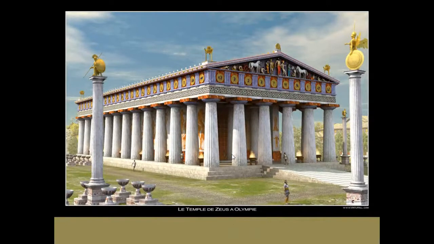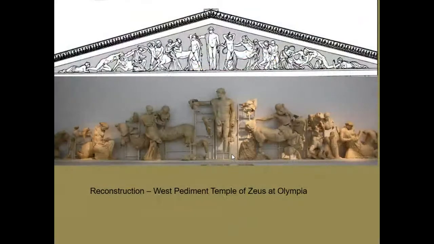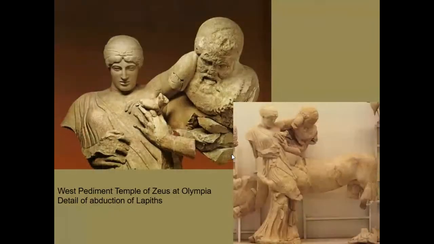You do get a sense of loss, I think, when you see recreations of what these temples should have looked like with their full painting and with gold decoration as well. So the reconstruction drawing gives you a sense of what's missing from what we just looked at, the image of Apollo witnessing the attack between the Lapiths and Centaurs. But when you get really close to it, when you really look at the faces, you get a full